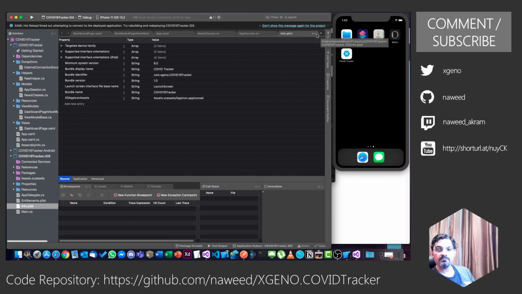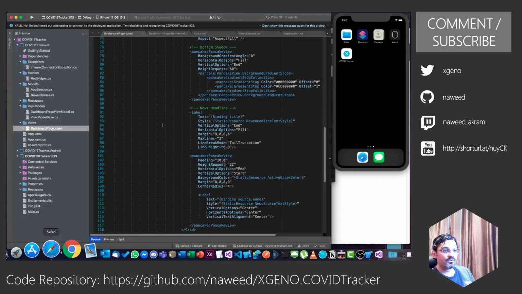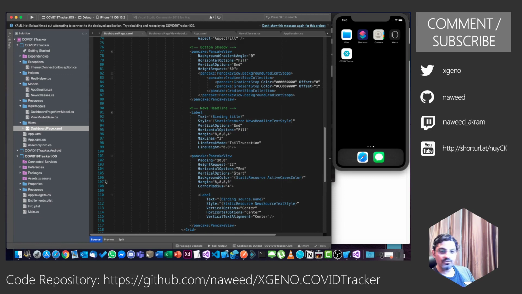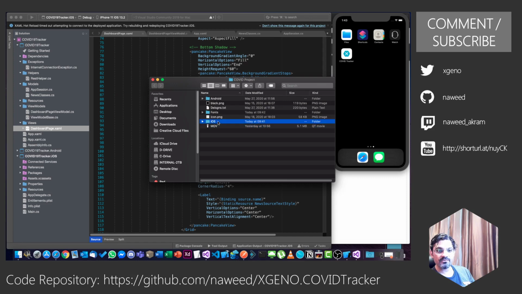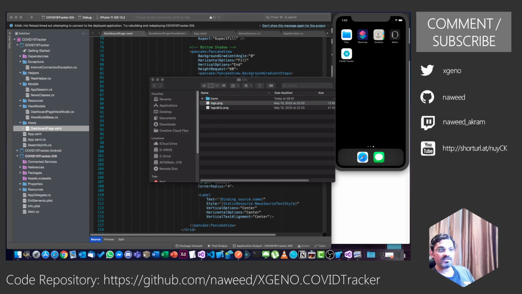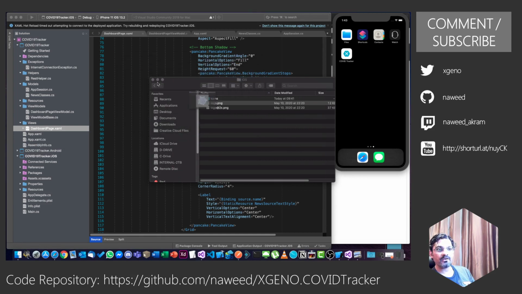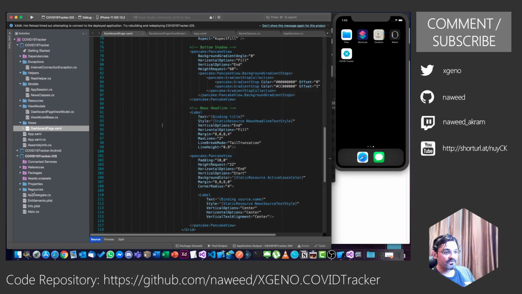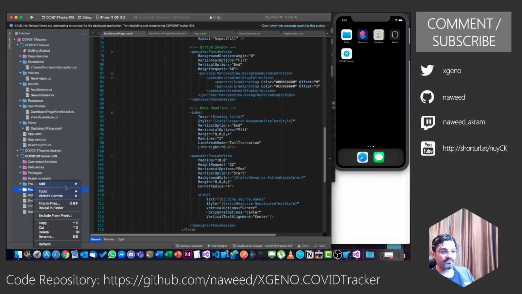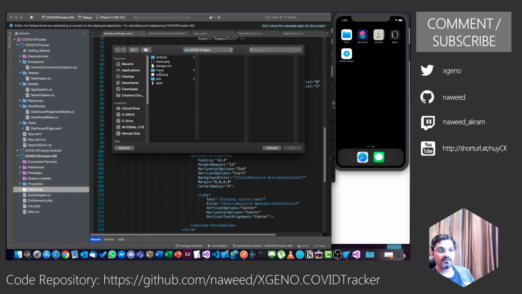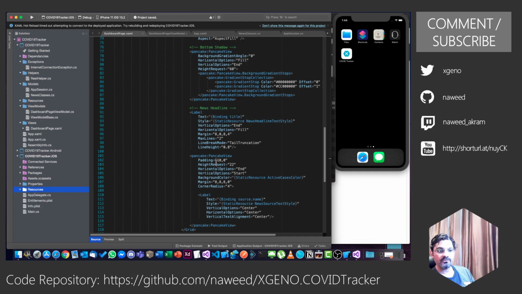Let's try to change the splash screen. To change the splash screen, we are going to first have some images. Again, I took the liberty of creating the logo image for this. So this is the logo image that I have created. It's a simple image with a transparent background. So I have two sizes for this, the default size and 2x the size. I'm going to add this to my resources folder, add existing items, iOS, and I'm going to add these two items, say OK.